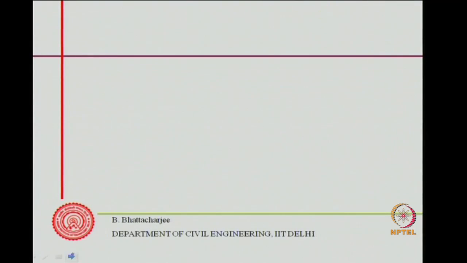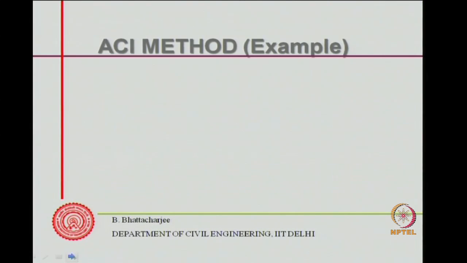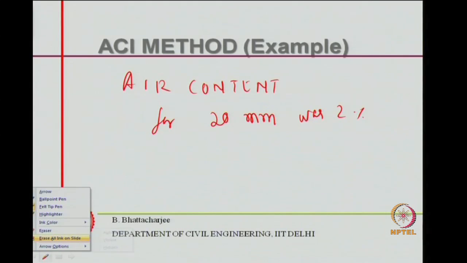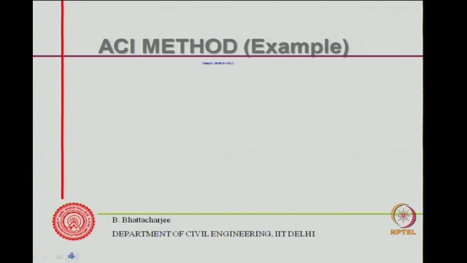Corresponding air content, of course, we know for 20 mm MSA. Let us see for 25 before that. So, air content for 20 mm MSA, if you recollect, was 2%, 1% for 40 mm aggregate and 2% for this. So, this is the other information that we have obtained, and then the next step is